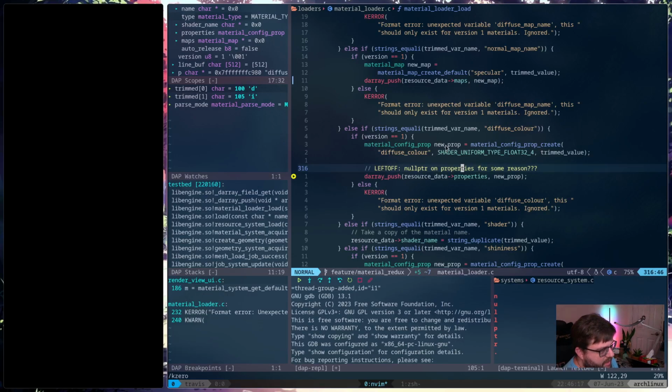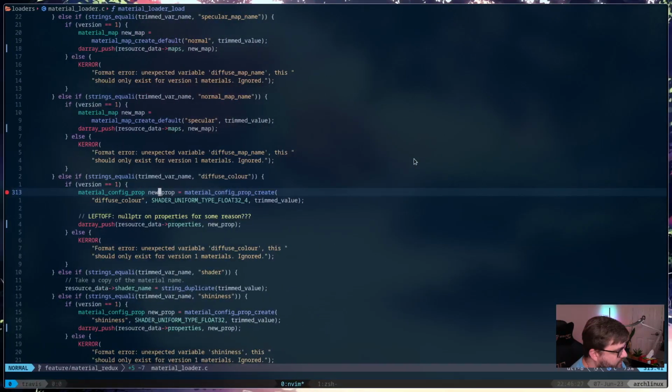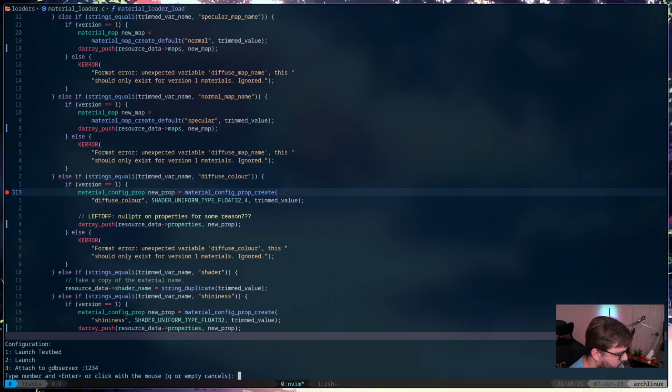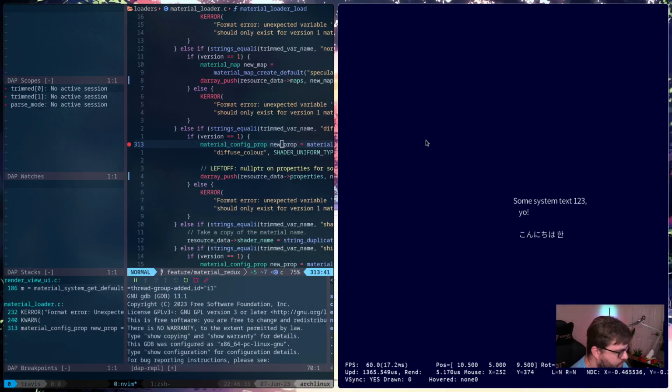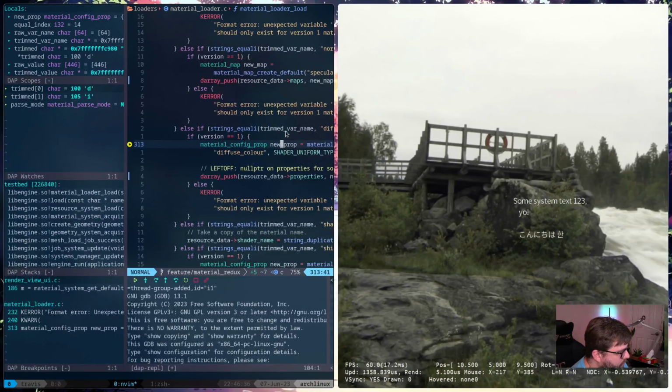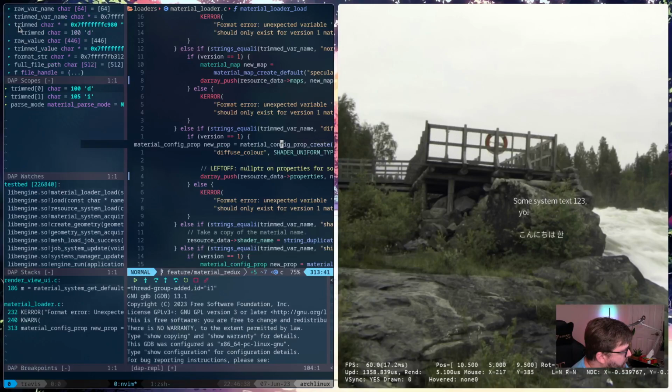I wonder if I stick a breakpoint here and rerun the application, if I'll see something different. Okay, so in here we have resource data.